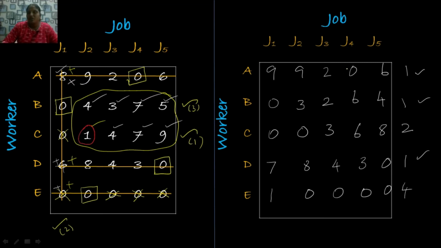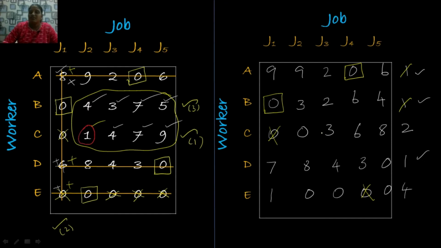Let me now start with the first row. I am going to give my first assignment at this position. So after making assignment, you have to cross the remaining 0 elements in the same column. Column wise it has only 1 zero, row wise it doesn't have any zero. And next assignment I am going to give it for the second row. So I am going to make the assignment here. So after making assignment, cross the remaining 0 elements in the same row and column.